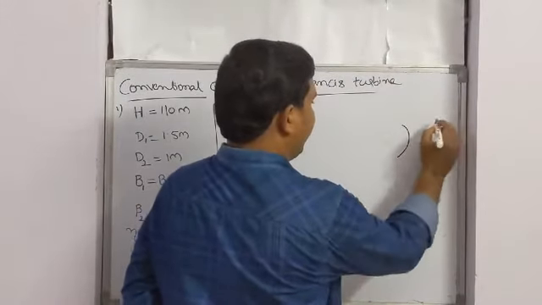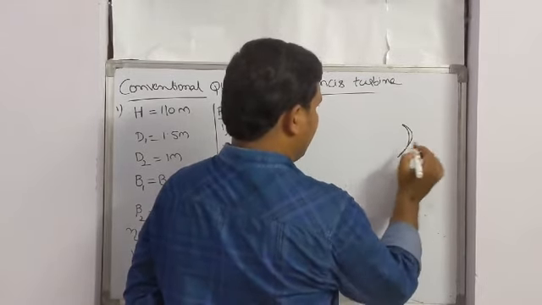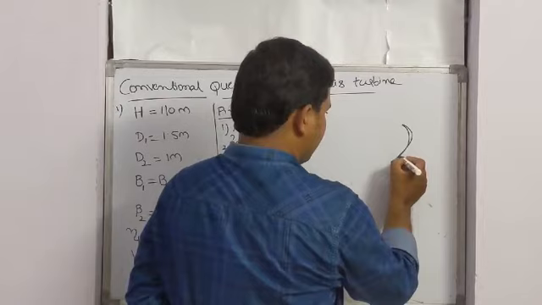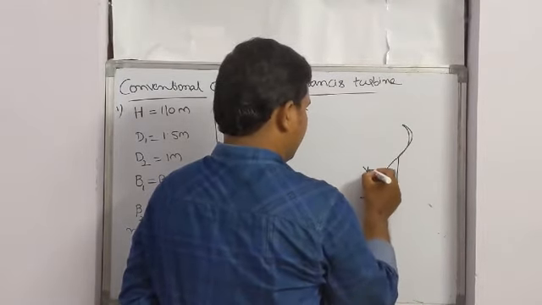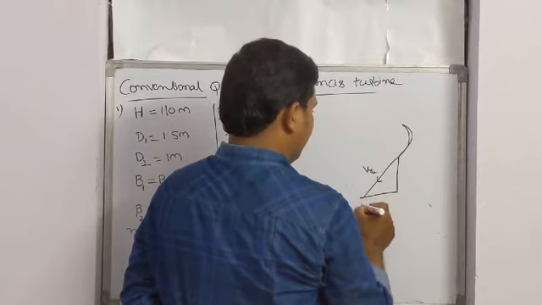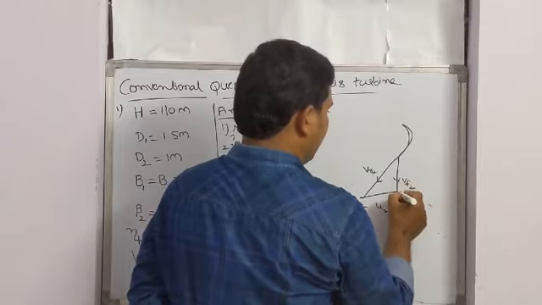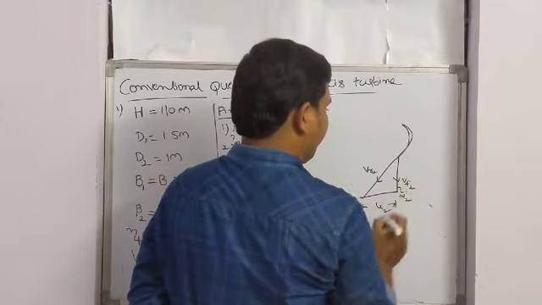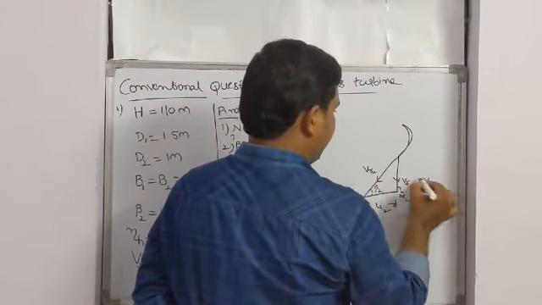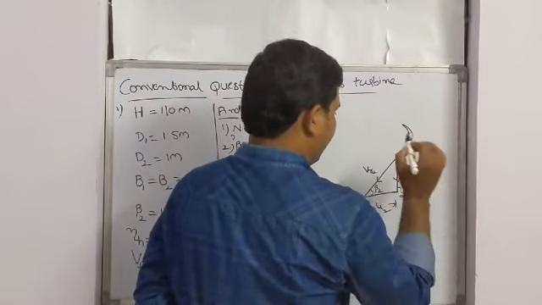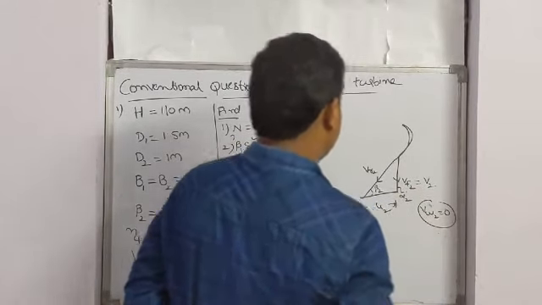So this is a runner blade. The inlet triangle I didn't draw, I will not draw right now. So this is the exit triangle. This is the relative velocity at exit, this is the blade velocity U2, this is the flow velocity Vf2, this is alpha 2, and this is the blade angle at exit beta 2. And V2 is measured along Vf2, so Vw2 will be 0. This is the exit triangle.